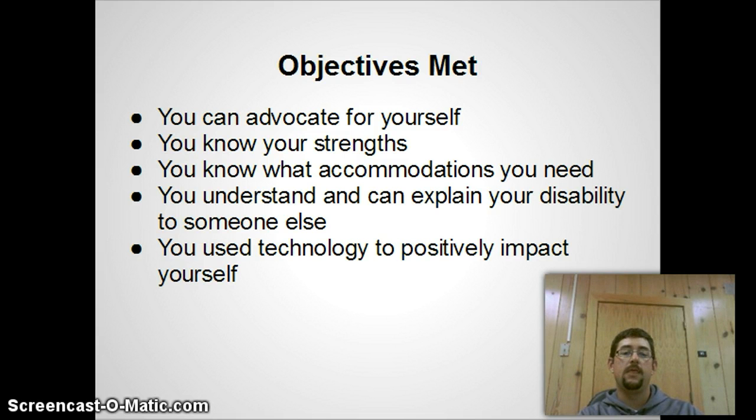That's also very important for you to be able to know that for yourself and be able to manage that on your own. You can understand, if you understand and can explain your disability to someone else, not just what your disability is, but what it's like for you. Somebody that does not have that disability needs to be able to understand what it is you feel like. And also, the last objective to meet will be that you have used technology to positively impact